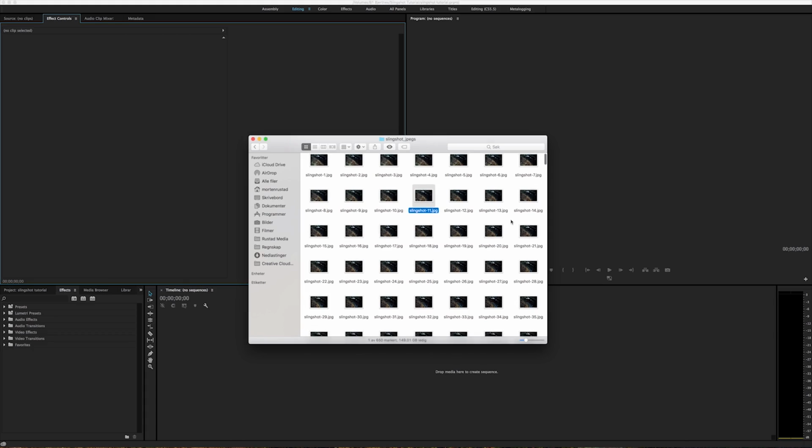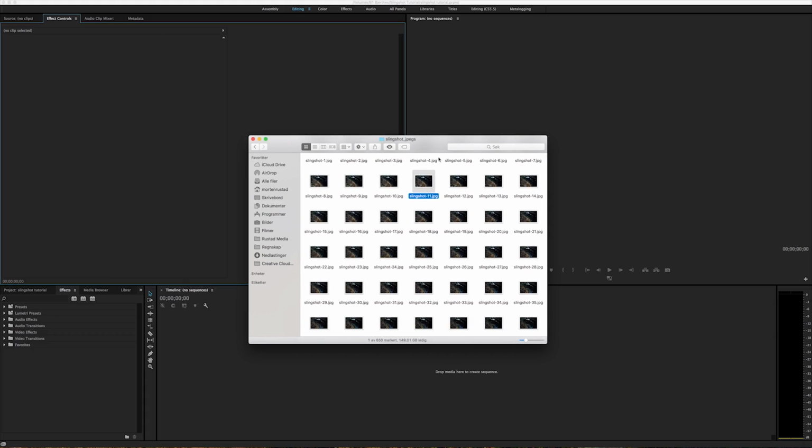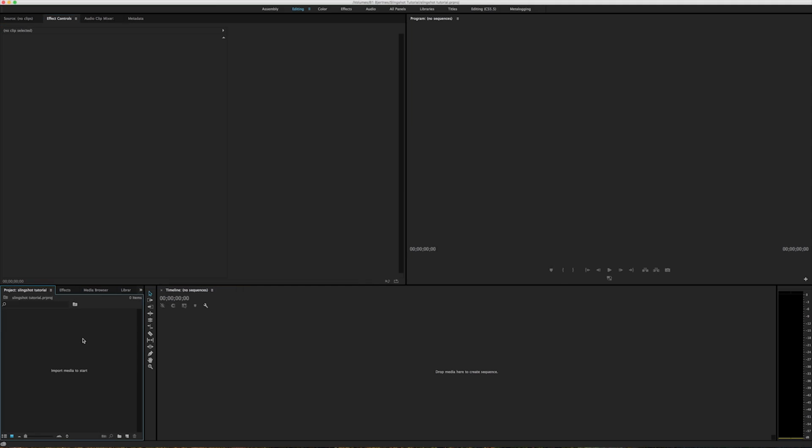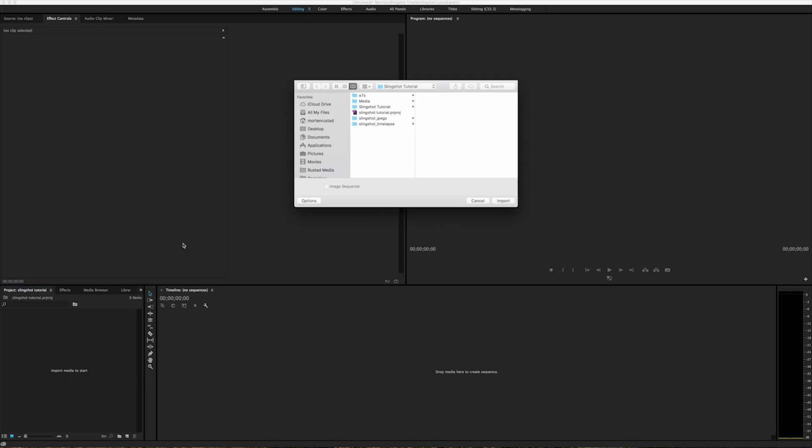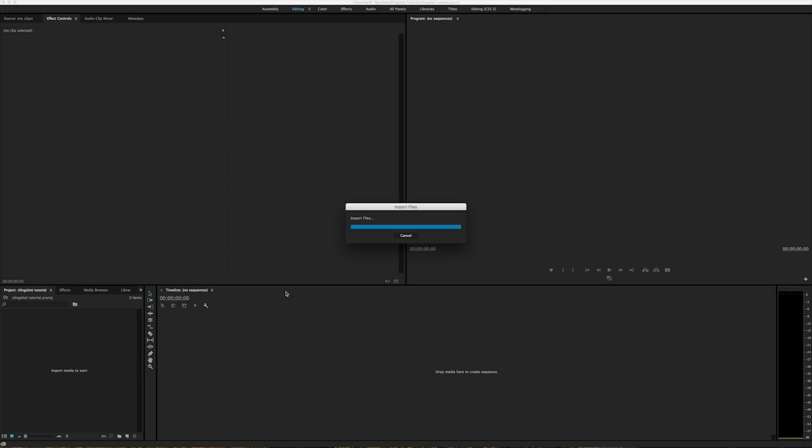Now you can take some different path. You could go into After Effects, or you could go into any other video editor, but I'm gonna go into Premiere, which is my editor for time-lapse. So I'm gonna double click here and import the JPEG sequence. Make sure to check image sequence and click on the first shot, and it will automatically appear as a video